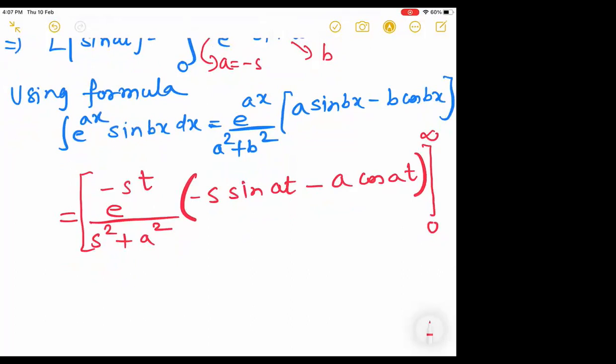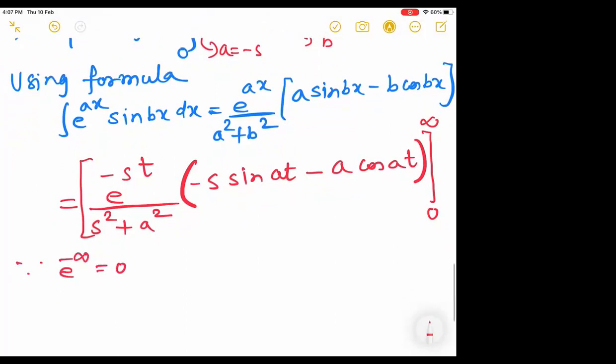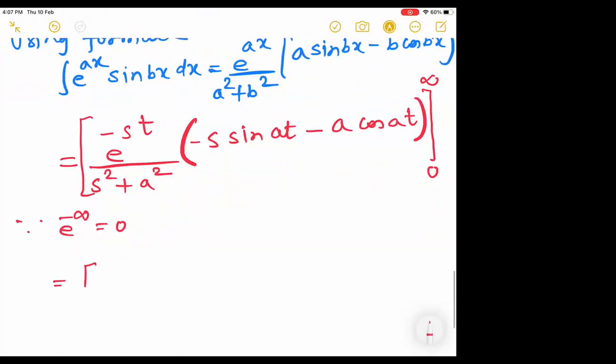Once again, we can use the upper limit expression as 0, since e raised to minus infinity is equal to 0. So the upper limit answer is 0 minus the lower limit: e raised to 0 upon s square plus a square into bracket, minus s into sine 0. Sine 0 is 0, minus a